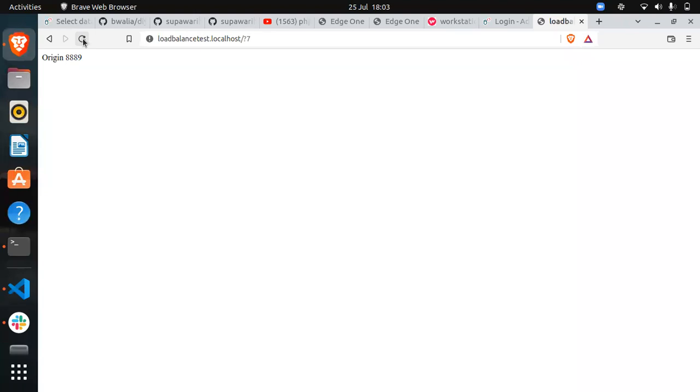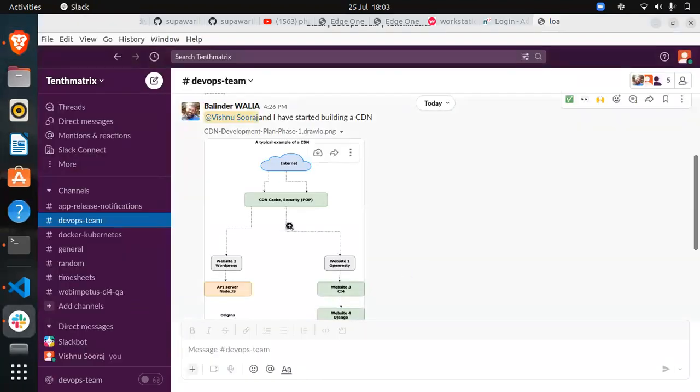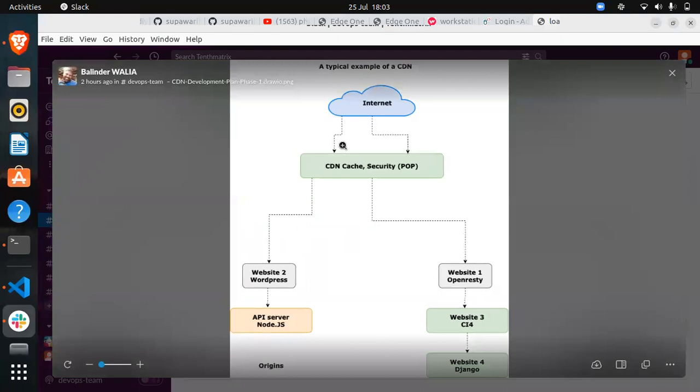No, how does it actually protect? Is it doing a proxy pass only? No. How does the CDN protect the origin